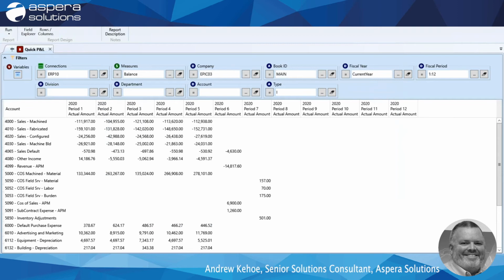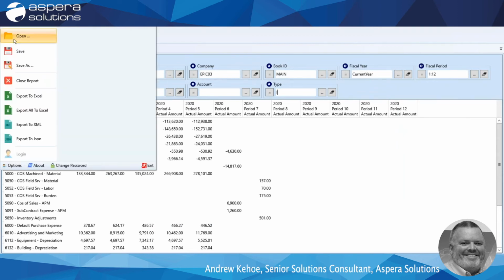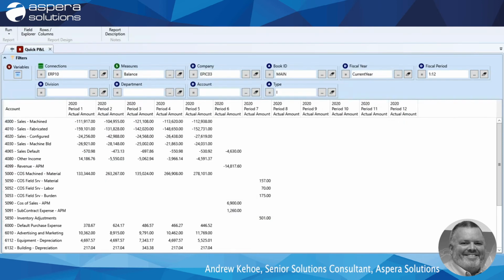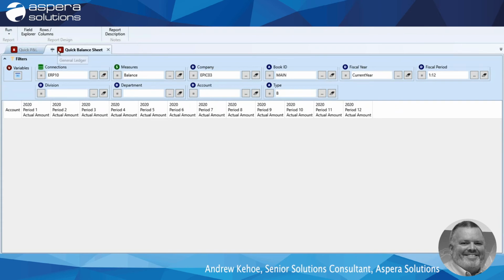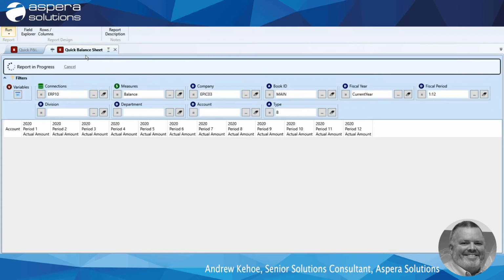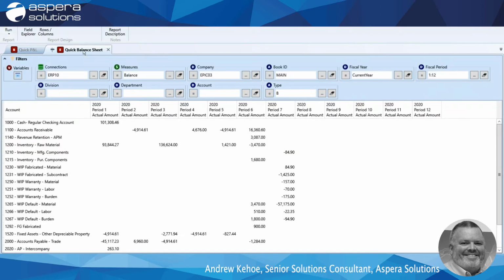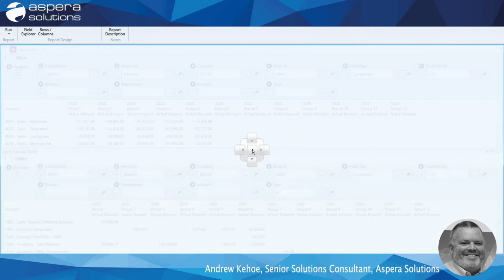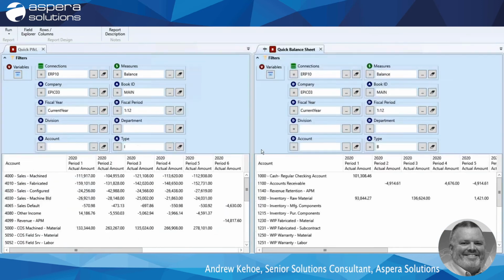Maybe I want to be able to see the two of them at the same time. So leaving my P&L open, I'll now go to my File Open option and I'll say Open my quick balance sheet. So now the two will appear as tabs within the report screen, and I can have as many open reports as I wish. If I want to be able to see the two of them simultaneously, what I can do is I can pull them into a view where they're side by side. So just grab the tab, drag it, and I can drop it anywhere that I want to on the screen. So I'll put it side by side with my